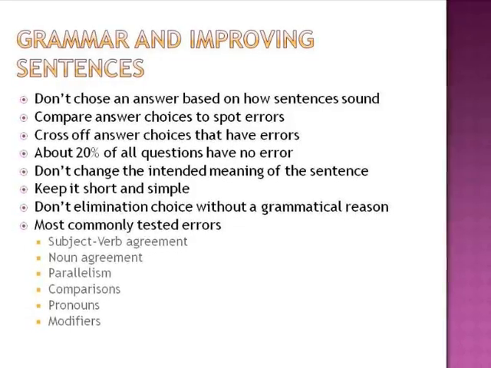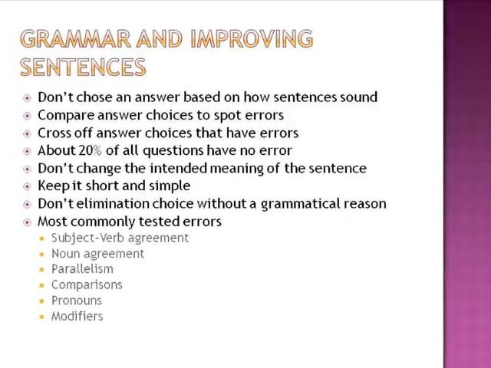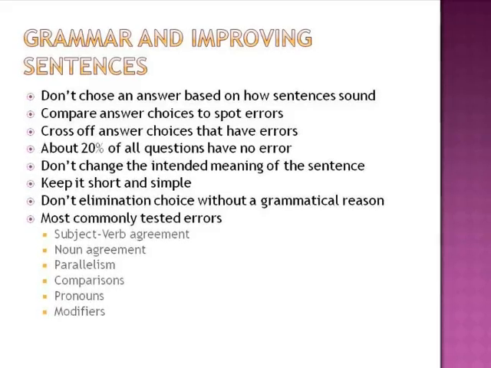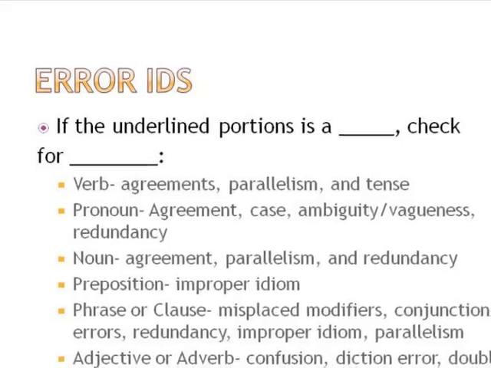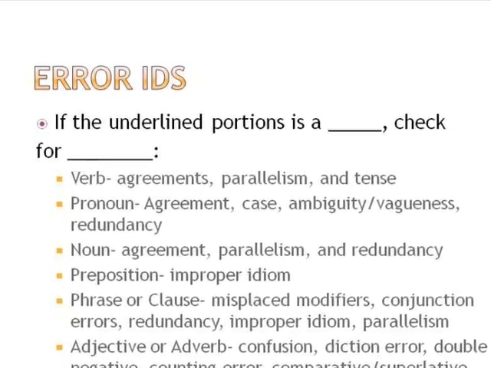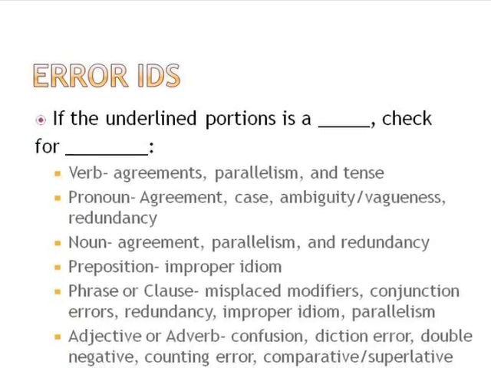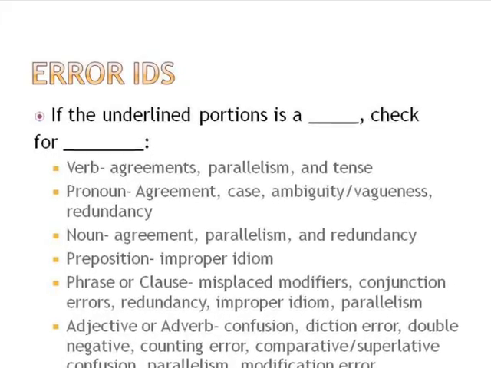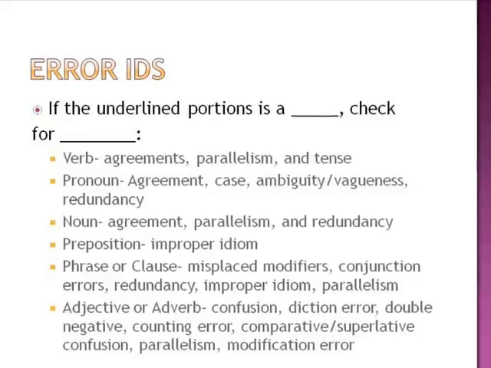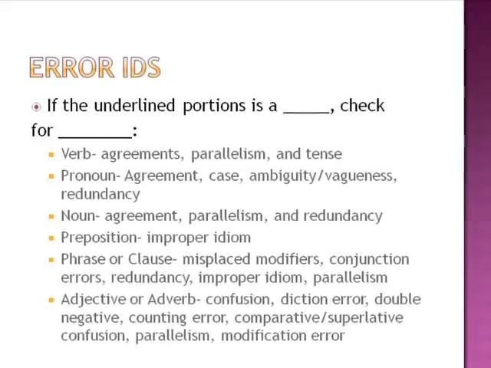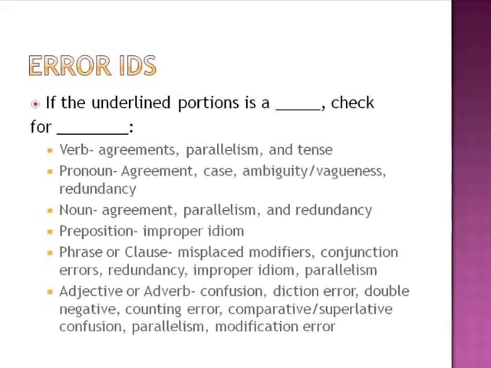Some common tested errors are subject-verb agreement, noun agreement, parallelism, comparisons, pronouns, and modifiers. Here are error IDs where you will be checking underlined portions of sentences for errors. Look for verb agreement problems, pronoun agreement problems, noun agreement, prepositions, phrases or clauses, misplaced modifiers, adjective or adverb agreement,